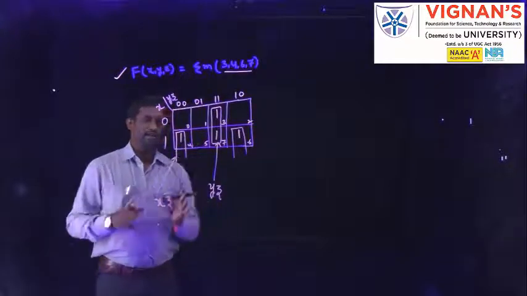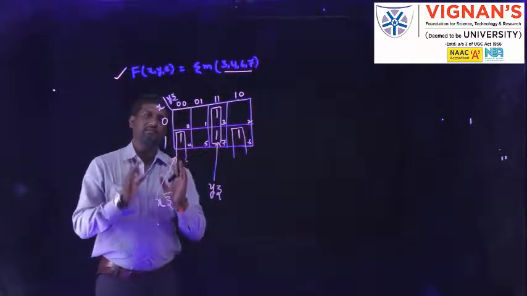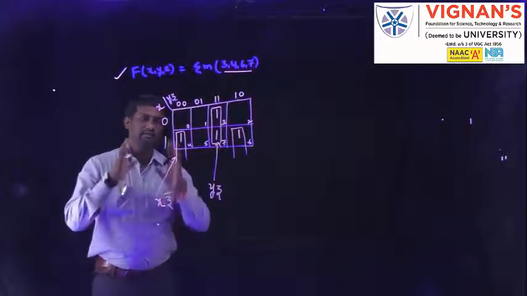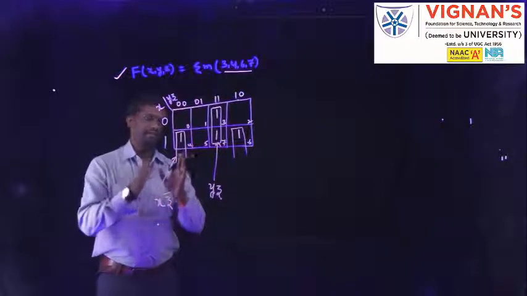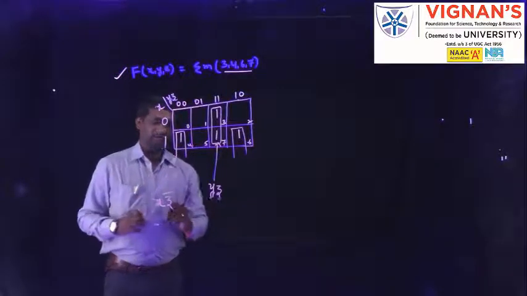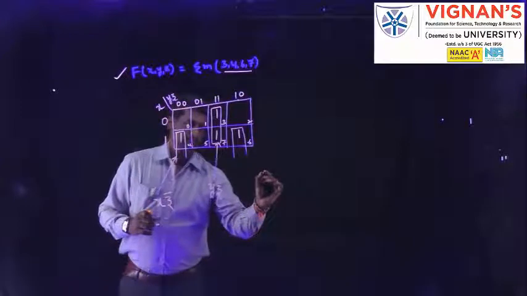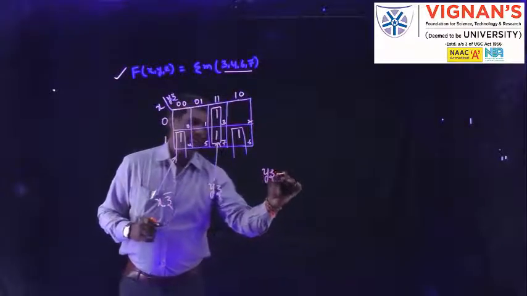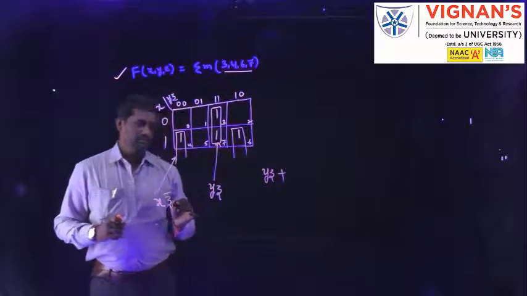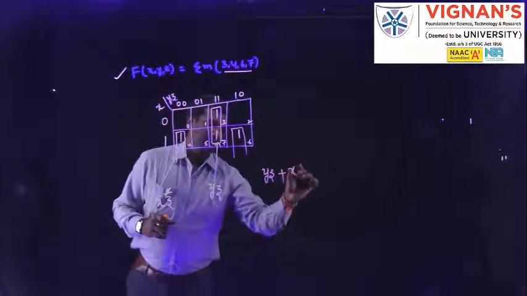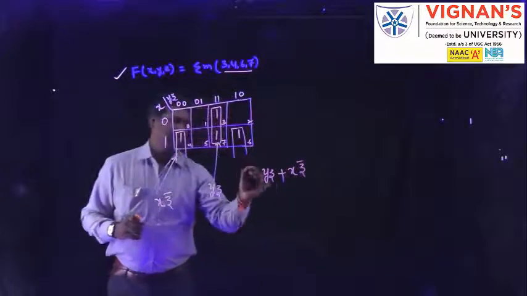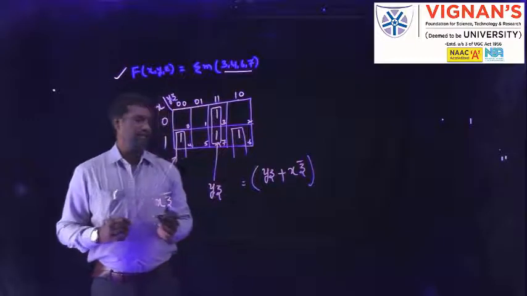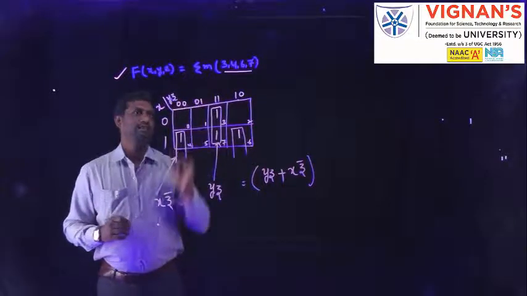So if we observe, there is no further simplification of the cells. That means there is no further grouping of the cells. That's why the final expression is yz from the first grouping because of SOP, x z bar is the second grouping. This is the simplified expression for this given function.